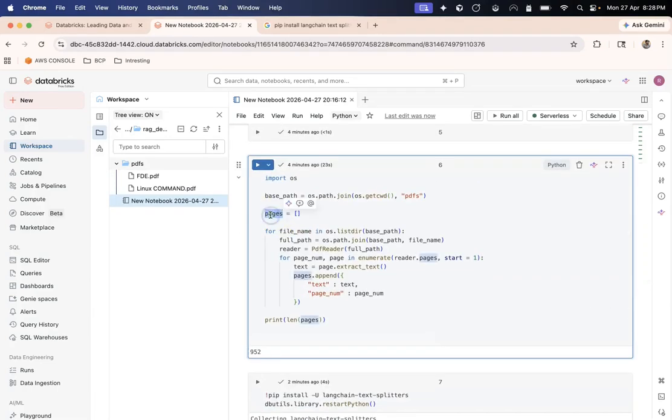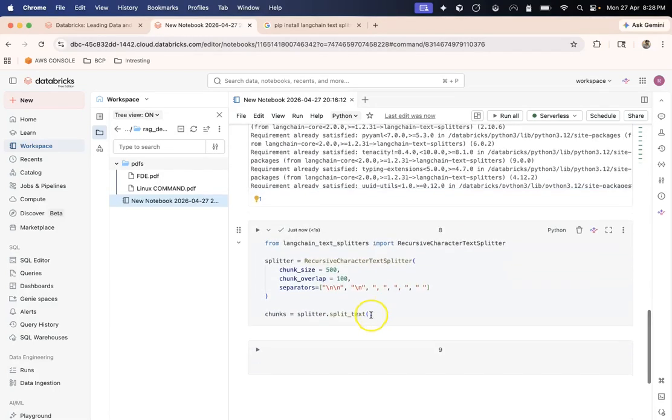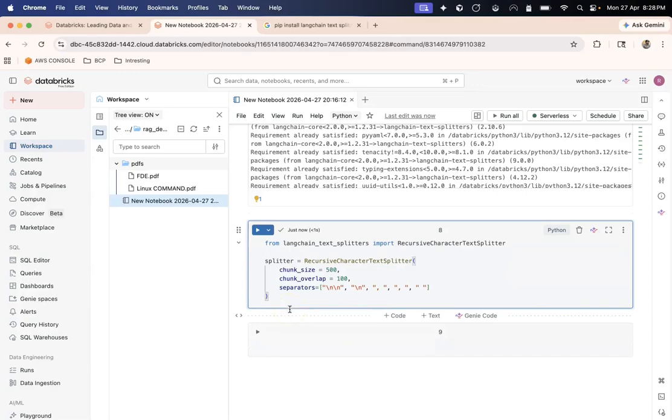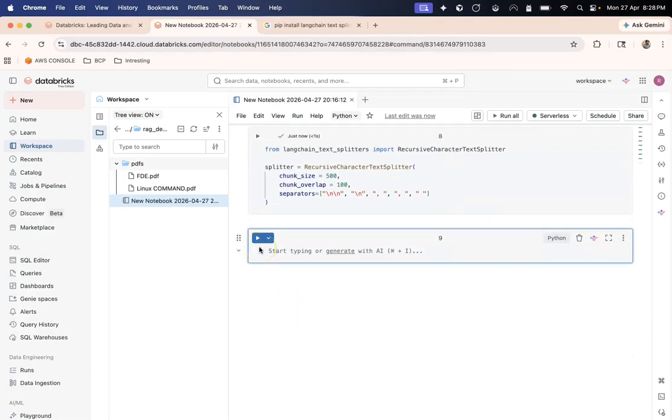I have this pages, and what I want to do is get the chunks. Okay, so let's see how we can get the chunks. First, let us run this cell so that our splitter is defined. So now let's see how splitter dot split text works. Now splitter dot split text takes a text. Okay, now what is the text?